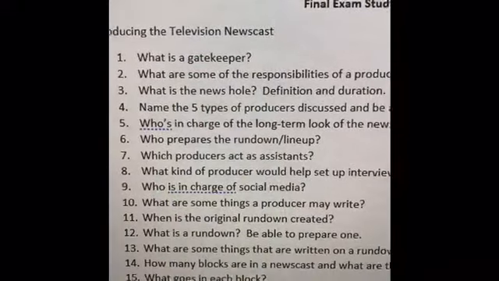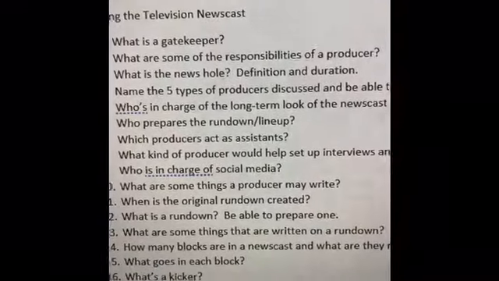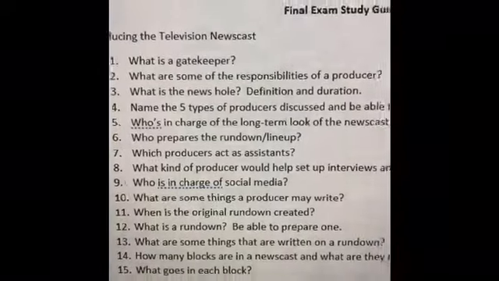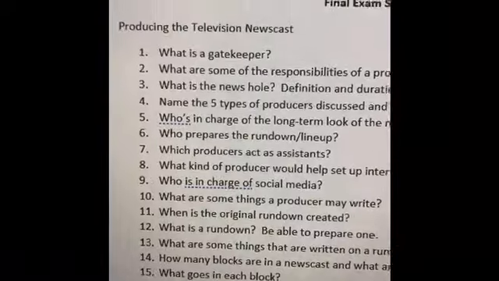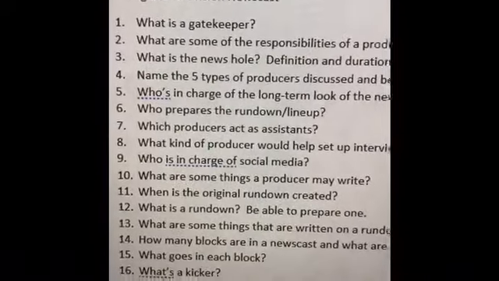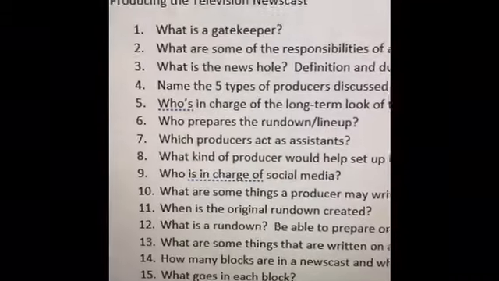Okay guys, we're going to go over the study guide for the final exam. As you may notice here, there's only one section on the study guide, and that is from the last section we did, producing the television newscast. The reason for that is because the only new questions that will be on the final exam are from this